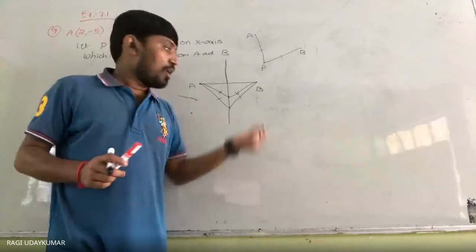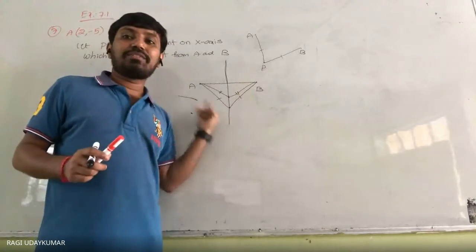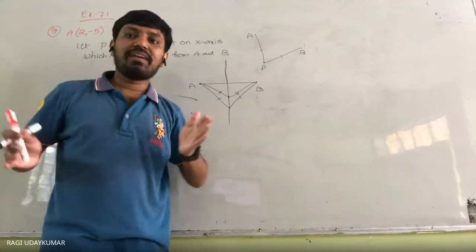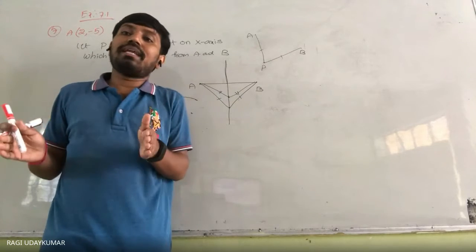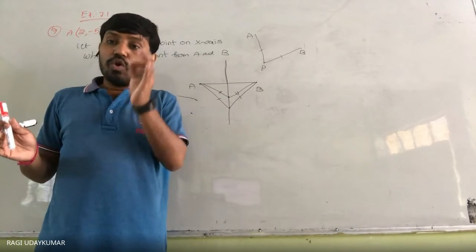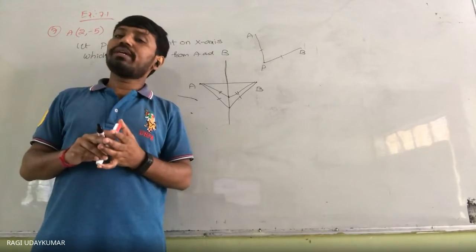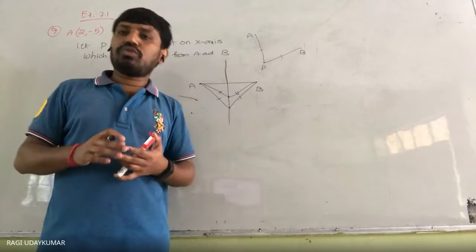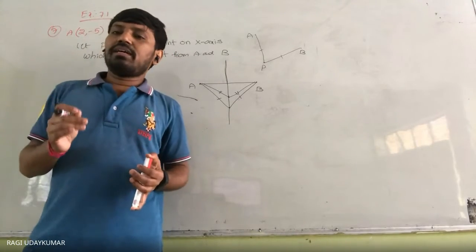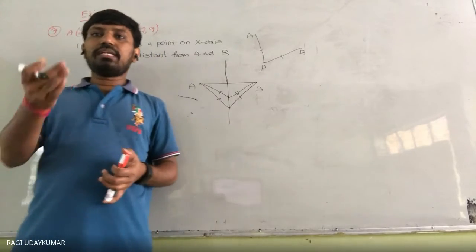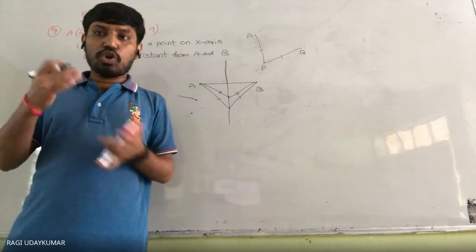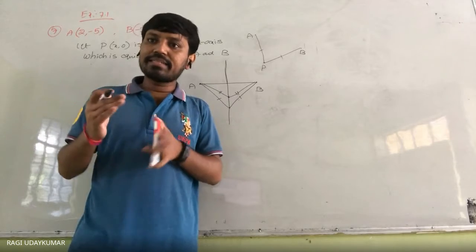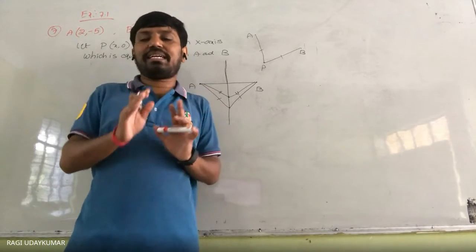Here what is the condition? All the points which are equidistant from these 2 points. The collection of all the points which are equidistant from the two fixed points is called the locus of that condition. So whenever you hear the terminology locus in mathematics, you need not worry. Locus in geometry is a new concept that is going to be used in coordinate geometry. So this is a little bit of an extension of coordinate geometry.